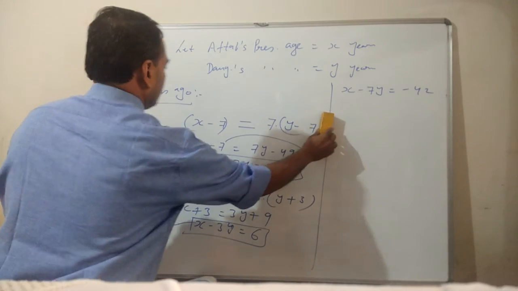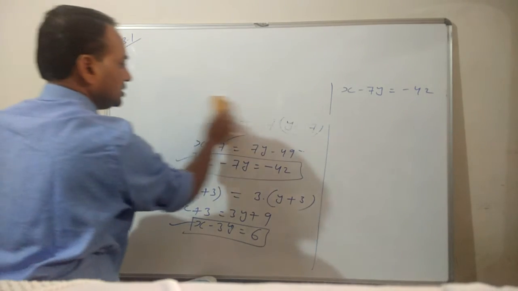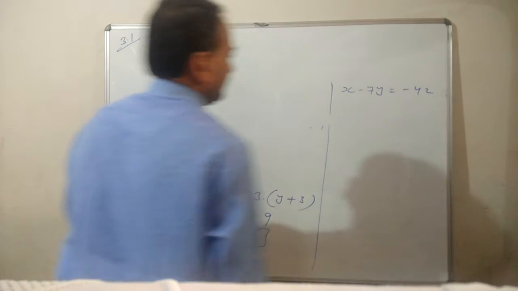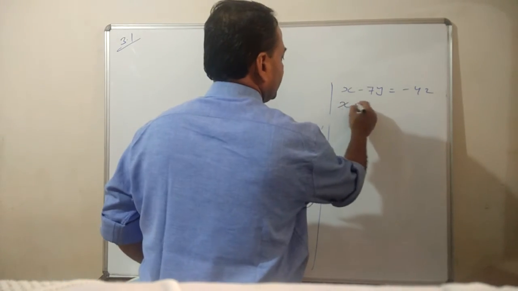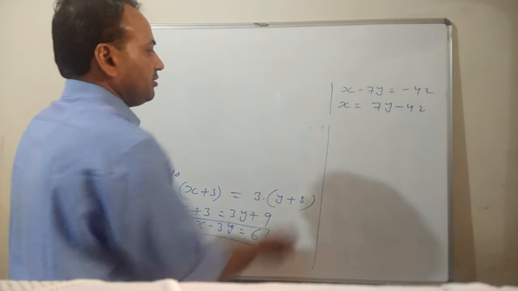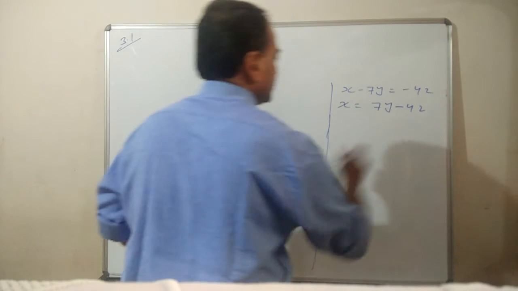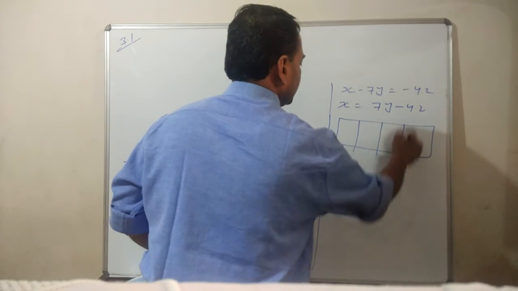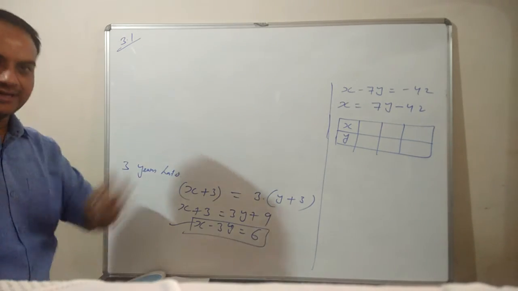So I am just removing this equation from here for finding some space. I think, is it clear to you? Okay, first equation I am trying to remove here. Now x minus 7y equal to minus 42 was the equation. How will we solve this one? We can convert this to x equals 7y minus 42. Now in place of y, we'll put any value and find the value of x. Then we will draw one table. At least 3 points or 3 coordinates we'll try to find, so we will get the proper line.